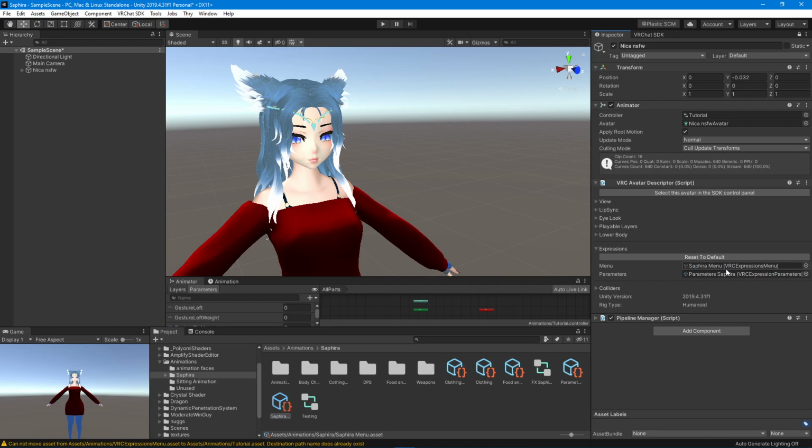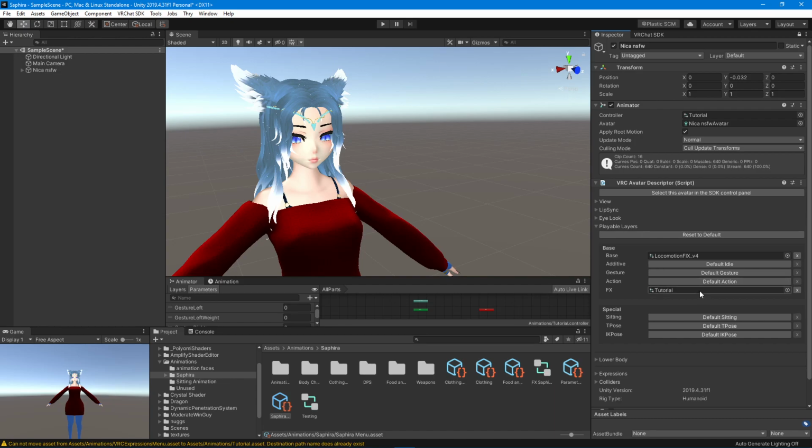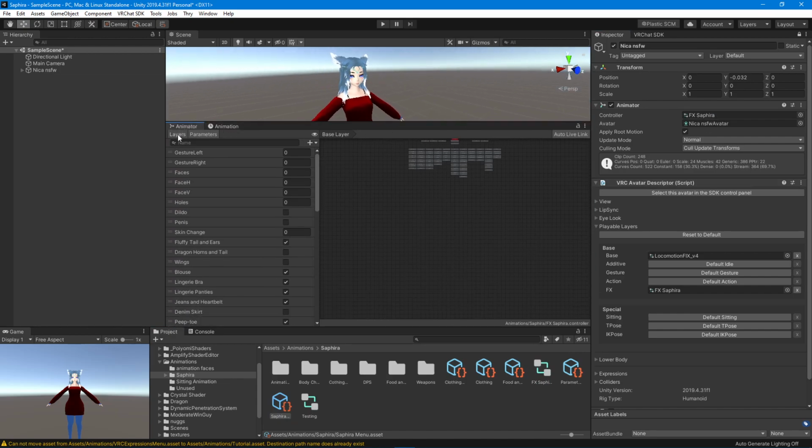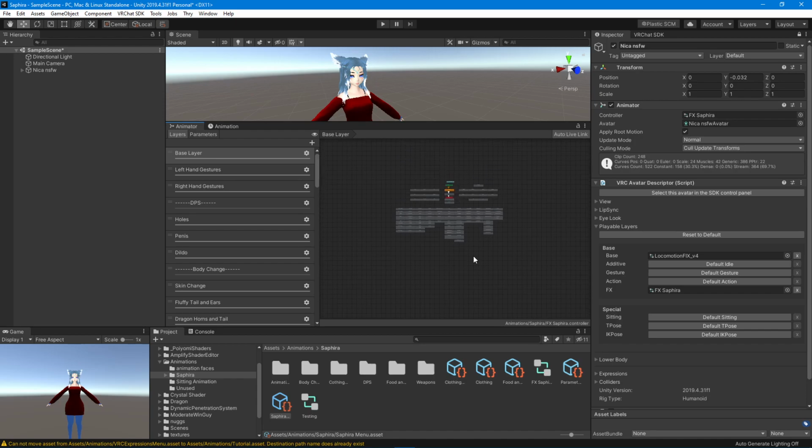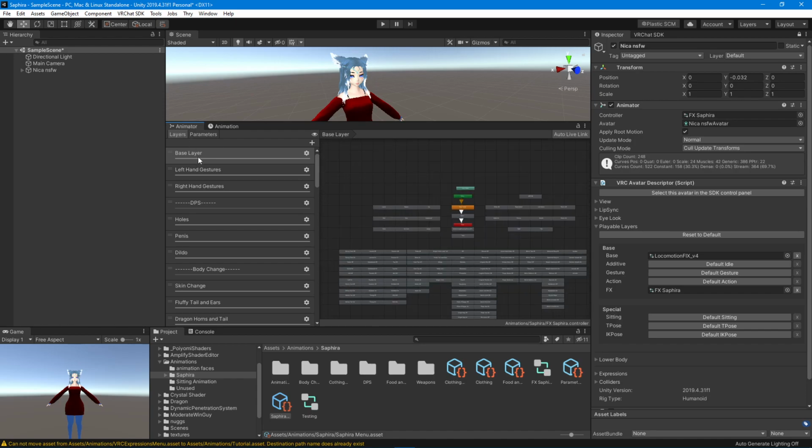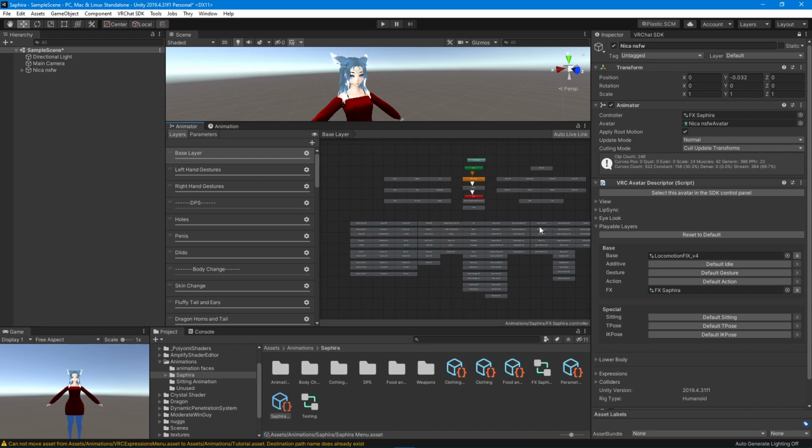And now, we're back there, so now what I want to do is change this back to FX Saphira. That way, it's going to be using this playable menu. And now, I'm going to also take FX Saphira and put it here. Now, when you go to put your controller in, you're going to also have a thing called base layer, which is where all of your